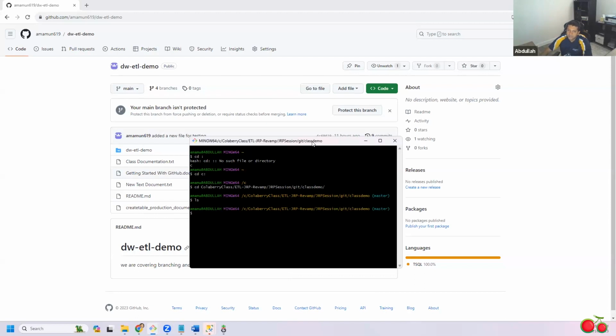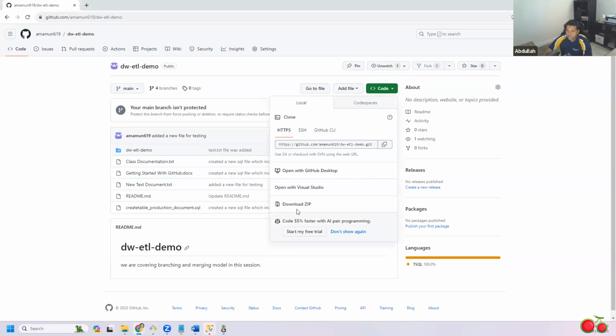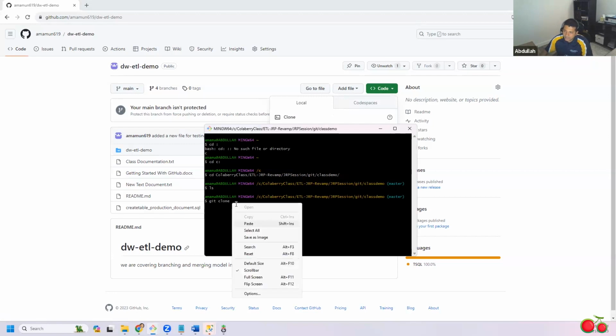repository from this GitHub central place. To be able to do that, you have multiple options. One, you can download this. The other option is you can clone this. Clone means create a copy. Take the copy from the source control. So now here I can write a command that says git clone, and then I can paste the link